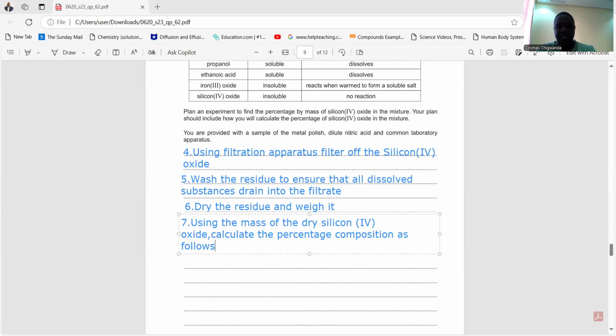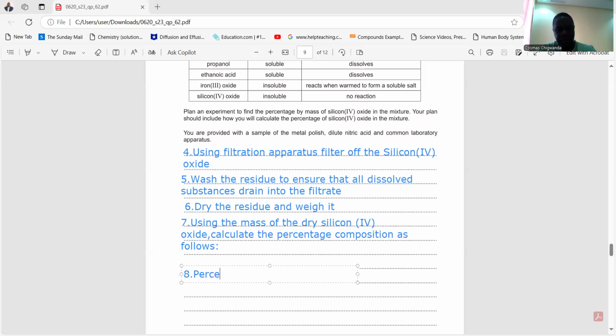Now you are informing the examiner that you are treating your results, okay? How are you going to treat your results? That's what we are going to do now, which will be our final stage, okay? How are we going to say? We are going to say as follows, okay? As follows. Then here we say